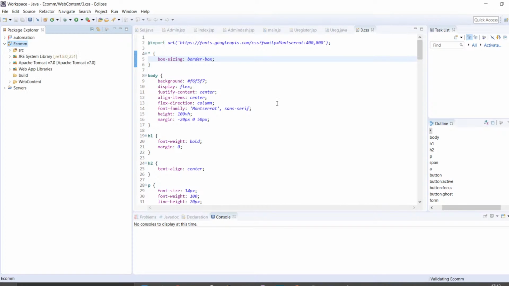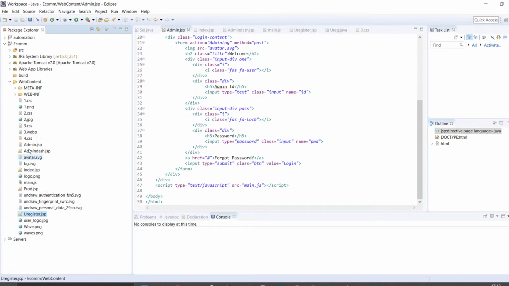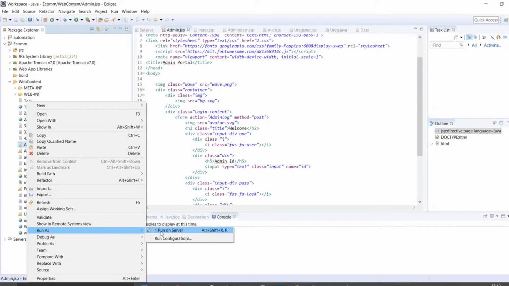So let me use admin dash admin.jsp user login. So register admin.jsp here, yeah, this page. So let me run this page in a server that is using Apache.